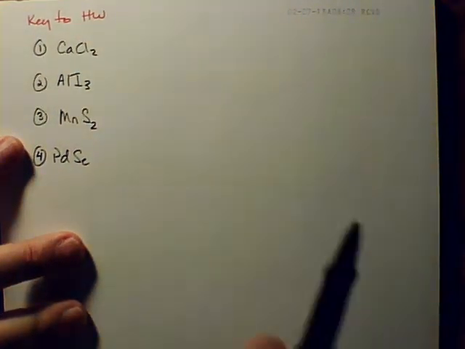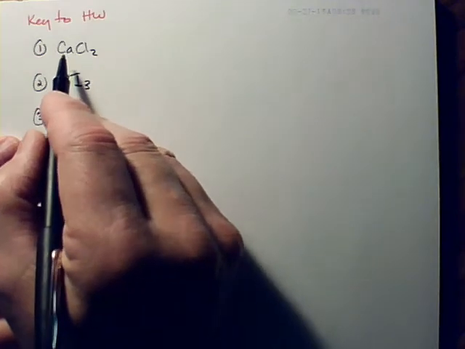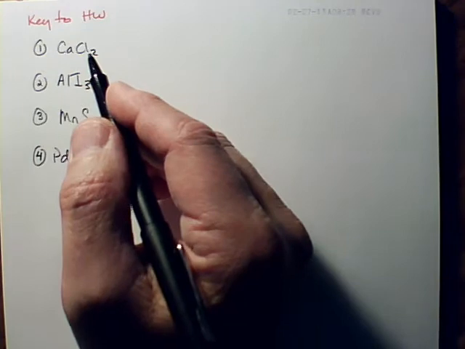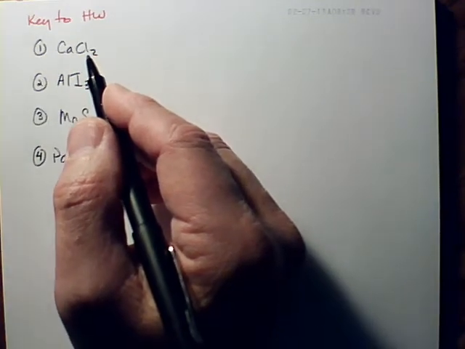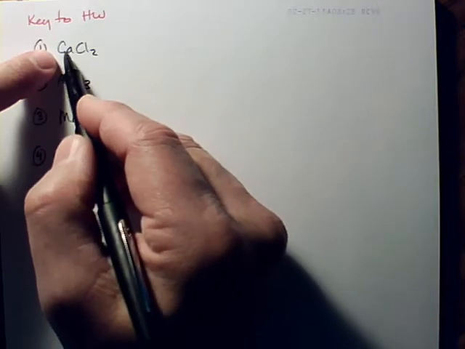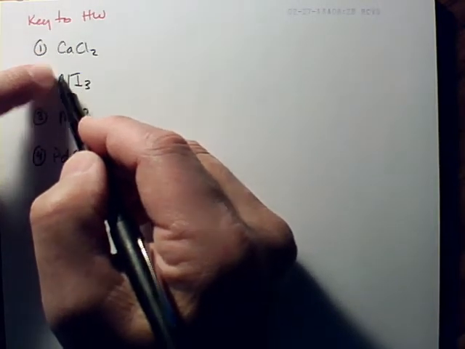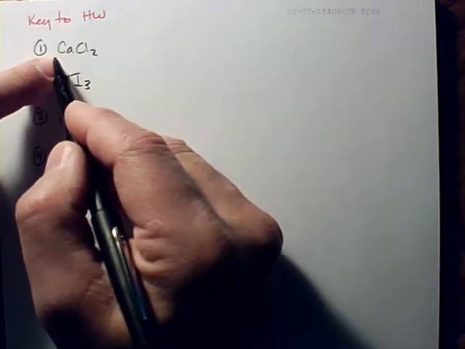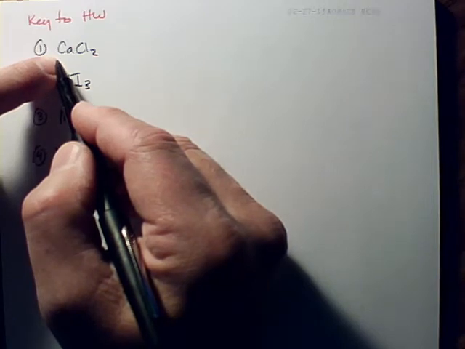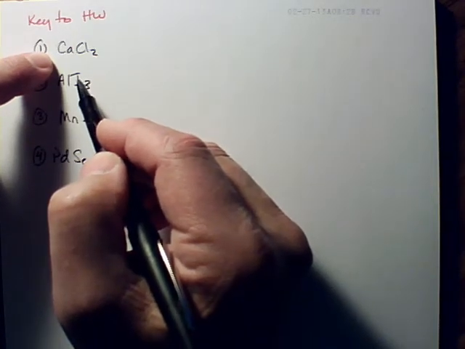All right, so if we're naming these compounds, at least so far in our naming rules, what we've learned so far about naming ionic compounds, we need to know whether the cation has more than one oxidation number. If it doesn't have more than one oxidation number, we simply name it the way it appears in the periodic table. If it has more than one oxidation number, that oxidation number for that compound is written as a Roman